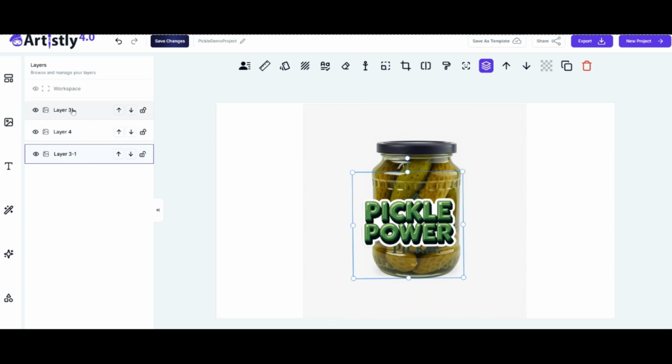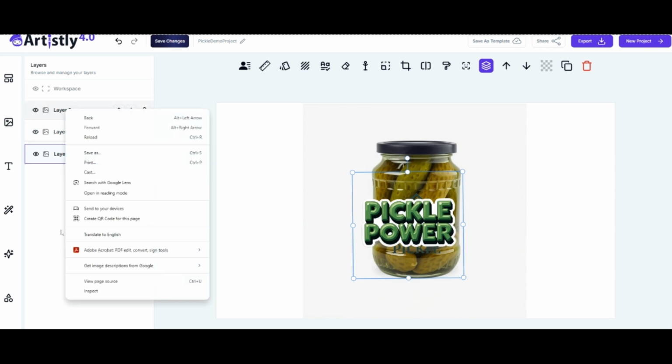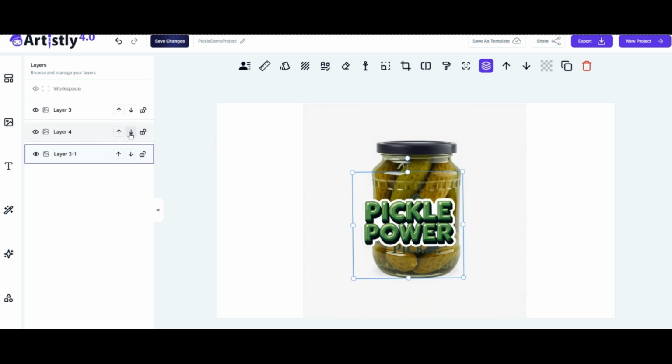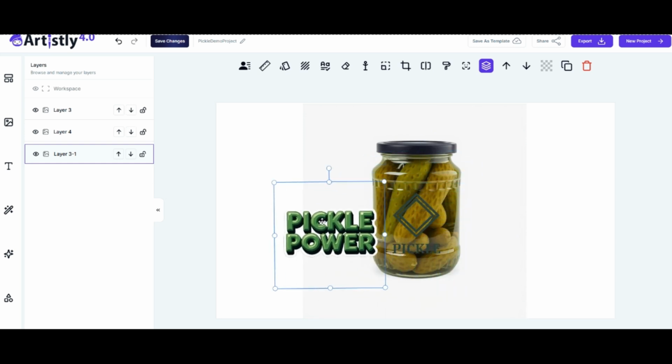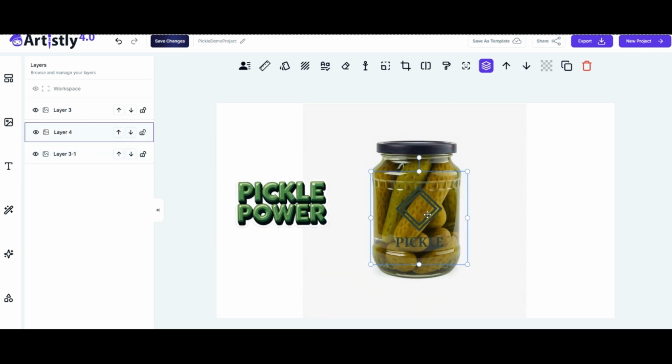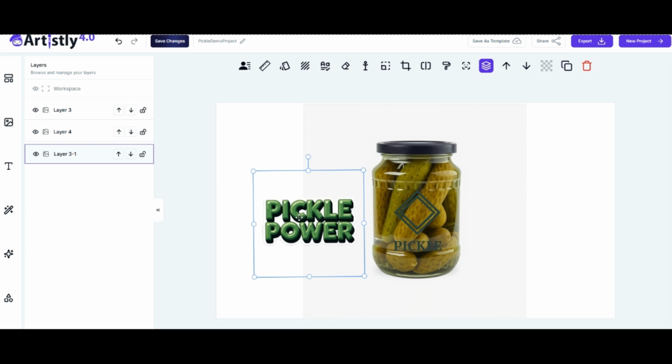Okay, I want to be able to rename these, but I've never figured it out. I don't know how that works. Can you? Anyway, you can hide them, you can lock them. So what I suggest you do, make sure you know which layer is what. If you need to, you can just move it out the way a bit. And then make sure the one you want to work with is on top, and lock the others